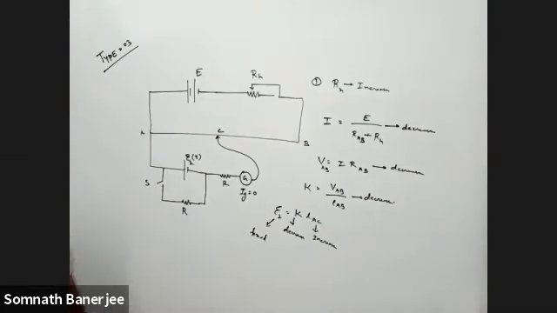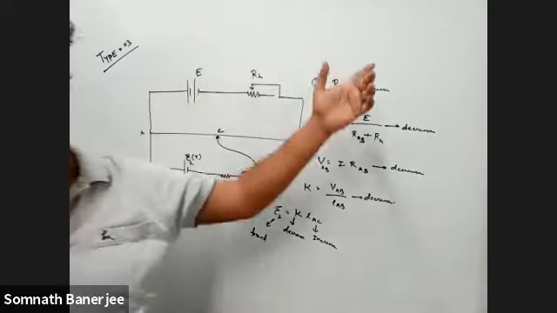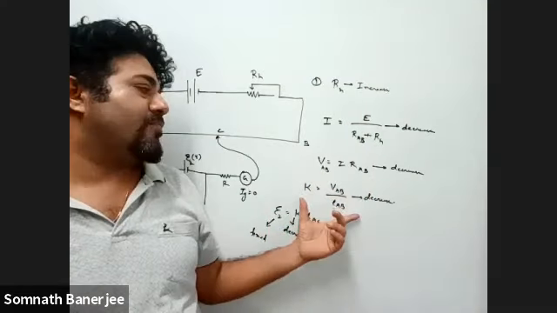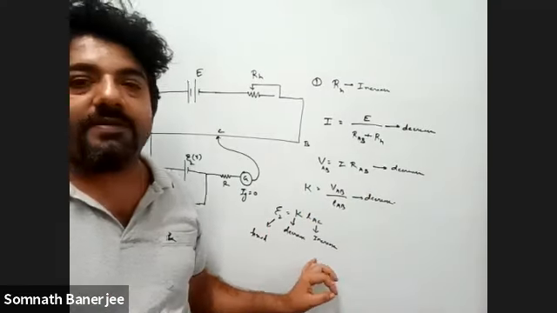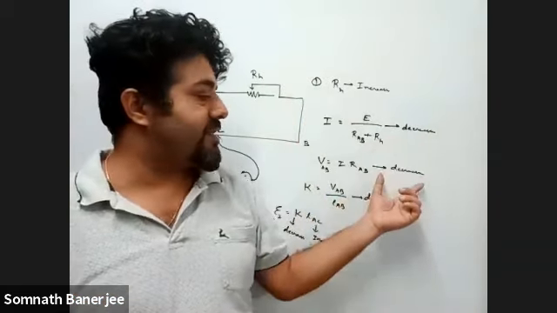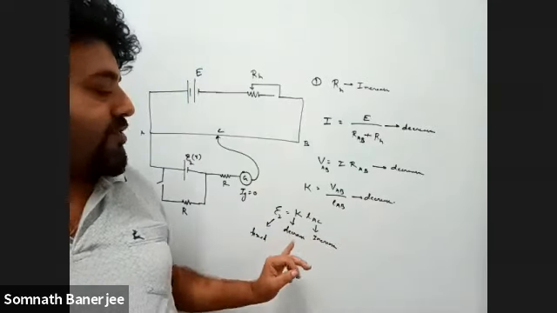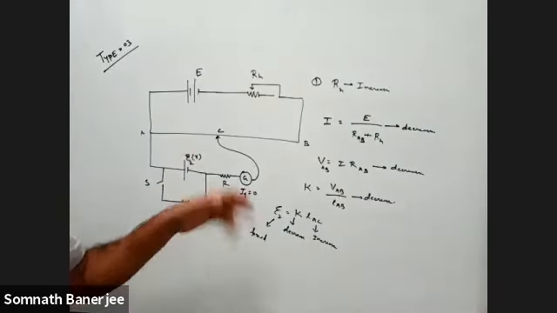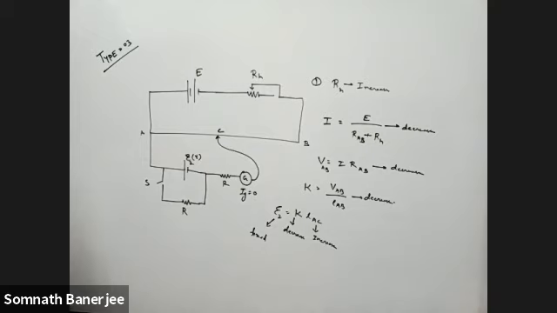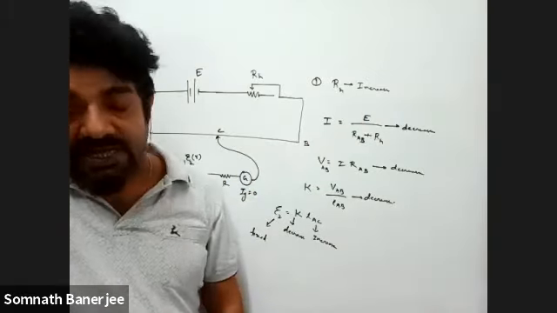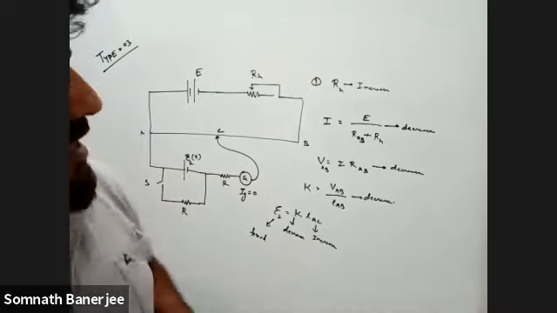They can give you the question: what happens if the value of RH is increased or decreased? If it is increased, current decreases, voltage of AB decreases, potential gradient decreases, so balancing length increases. And if the reverse happens, if RH is decreased, then current increases, voltage increases, potential gradient increases, so the length of AC decreases. They can give you this type of question and then say, justify your answer. So this is the first part: if RH changes, how does the balancing length change.